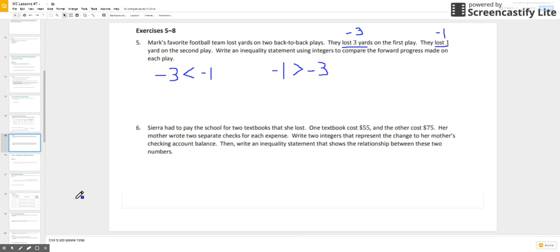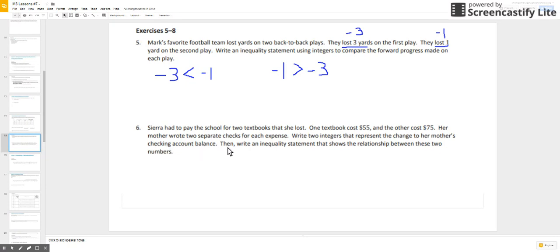All right, so let's look at the next one. Let's do the same thing. Sierra had to pay the school for 2 textbooks that she lost. One textbook cost $55, the other cost $75. Her mother wrote 2 separate checks for each expense. Write 2 inequalities that represent the change in her mother's checking account balance. Then,